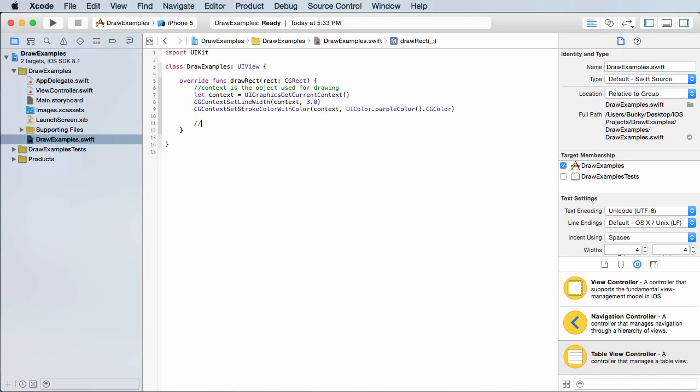This is going to sound weird, but we're going to make an invisible path first, and then the next step we have to say, okay, fill this in. It's not like in real life where you do it all at the same time. You're pretty much making a blueprint of where you want to draw, and then you say, okay, now fill it in. So I'll just write create a path right there, and